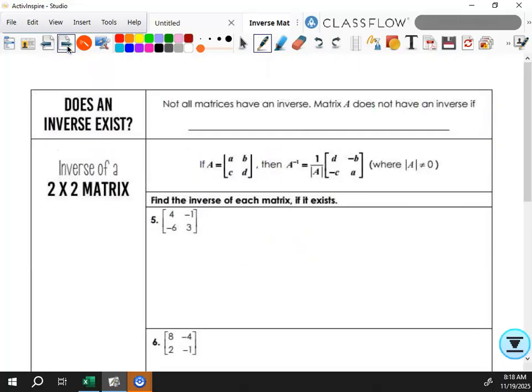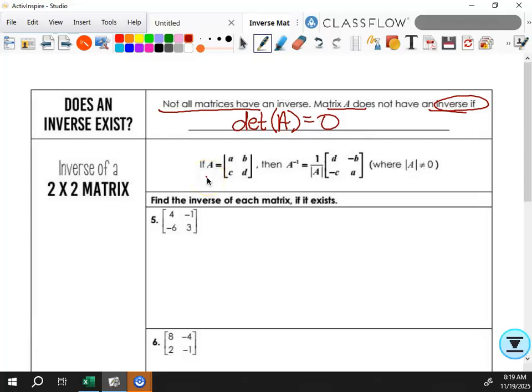So now let's talk about how to find the inverse. So that's how we know whether or not they are inverses. And like I said before, not all matrices have an inverse. Matrix A does not have an inverse if the determinant of A equals 0. Do we know how to find the determinant? Yes, we do. Okay. So if A equals this,